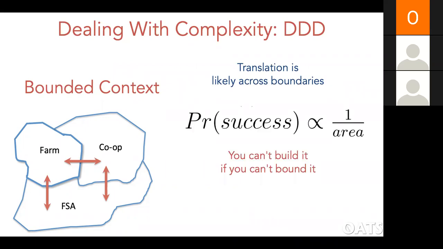And so the formula I put together for how I think about this is that the probability of your project actually succeeding is proportional to 1 over the area of the context that you're tackling. So the more you can focus the problem,